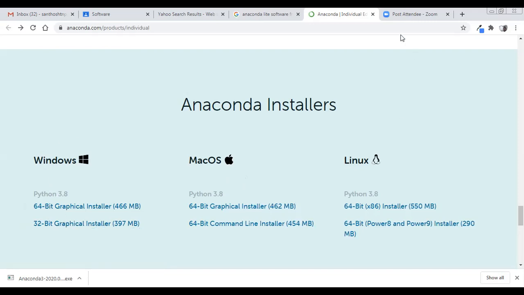So you download that one. If you want to download directly from the browser, you do this. Otherwise, if your system has Windows 64-bit, directly download the software from Google Classroom and then install.